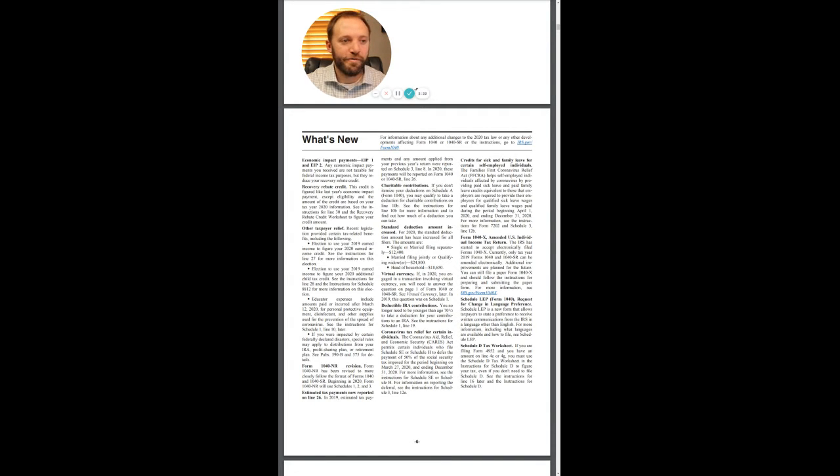Other taxpayer relief. The recent legislation provided certain tax-related benefits, including the following. Election to use your 2019 earned income to figure your 2020 earned income credit. You can see those specific instructions for line 27. That's important